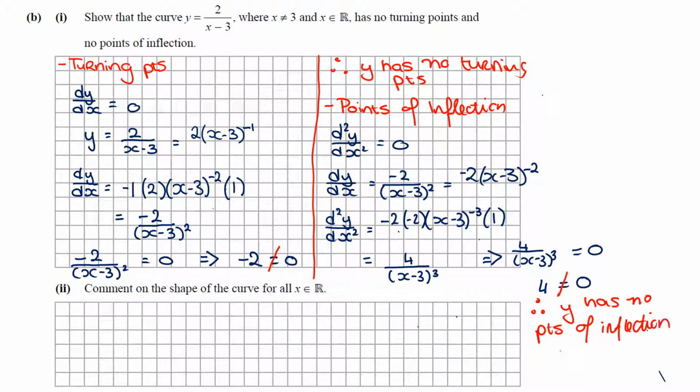Okay, so just some bits and pieces about this part. The first one is do look at the chain rule that I've used here and see if it is something that you could work with, because it does simplify your sum, and it does go a lot quicker than trying to use the quotient rule. As a general rule, use your quotient rule if you have variables above and below the line. If you have, like in this case, a constant on the top or constant on the bottom, I wouldn't necessarily be using